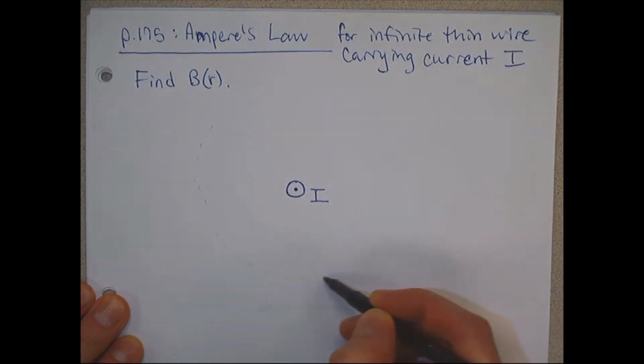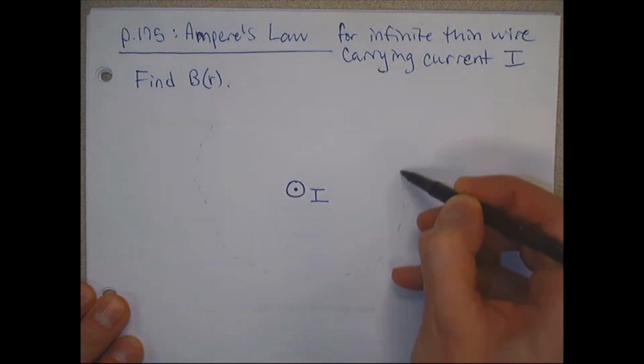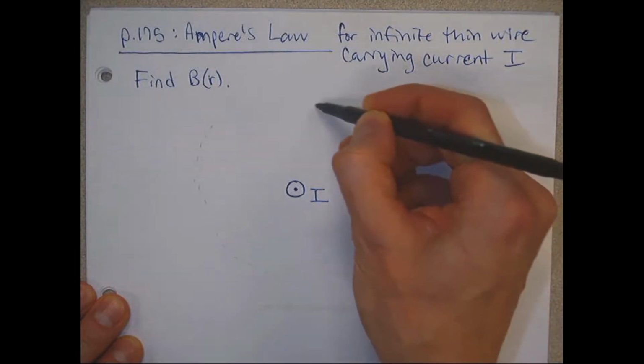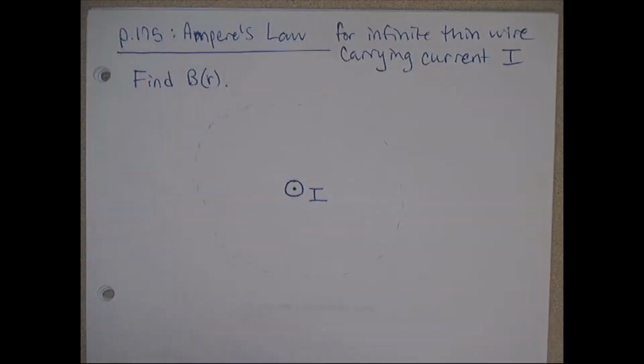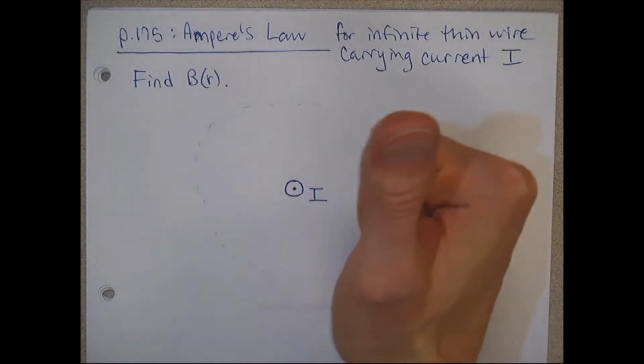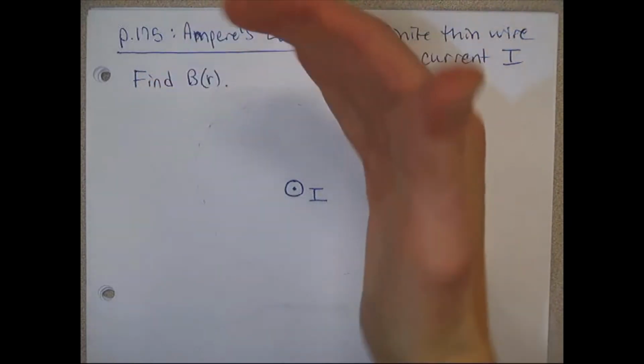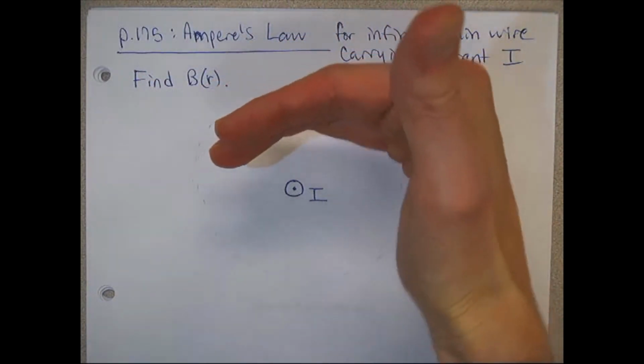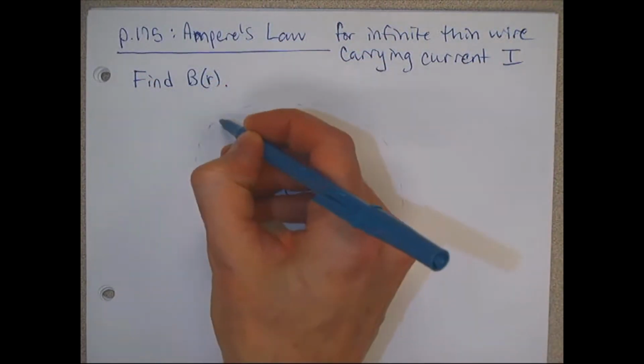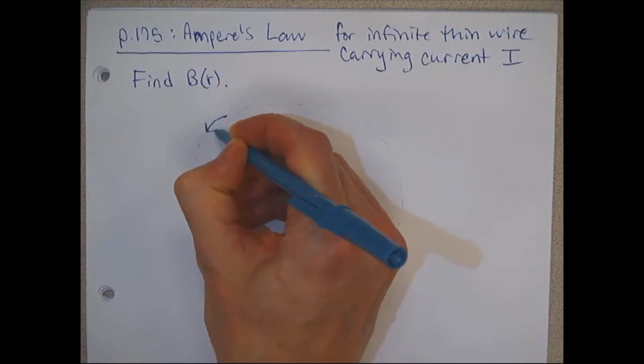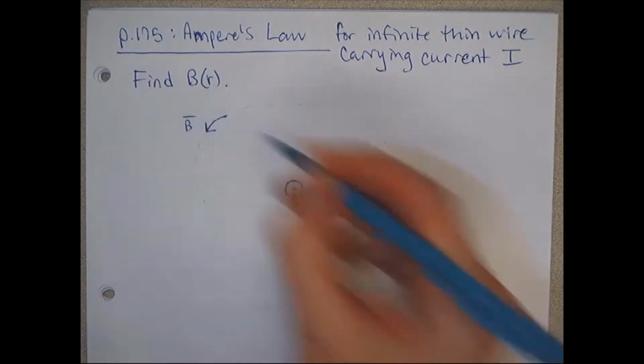A reasonable choice here would be a circular path around that current I. What is the magnetic field direction or circulation sense produced by I? You apply your right hand rule, your thumb is the current, and your fingers will circulate in the direction that the magnetic field circulates. So we have B field